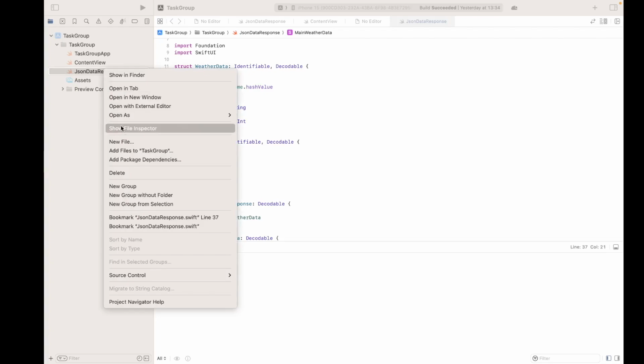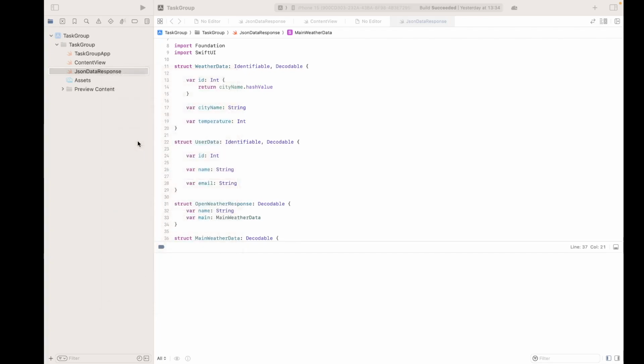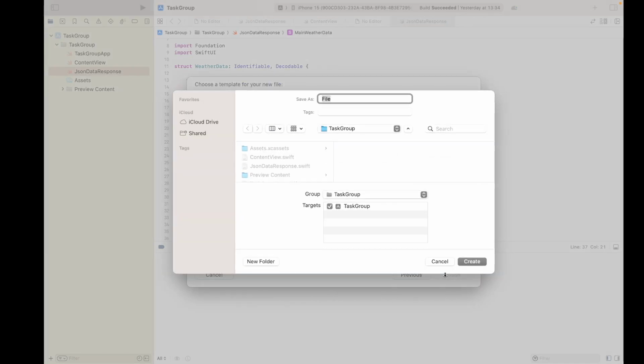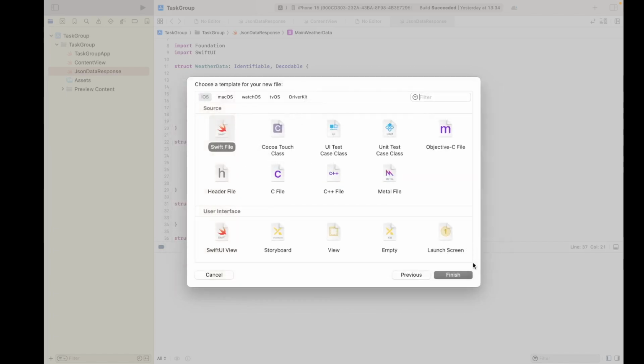Create a new file, select Swift file, name the file DataFetcher, click on create,